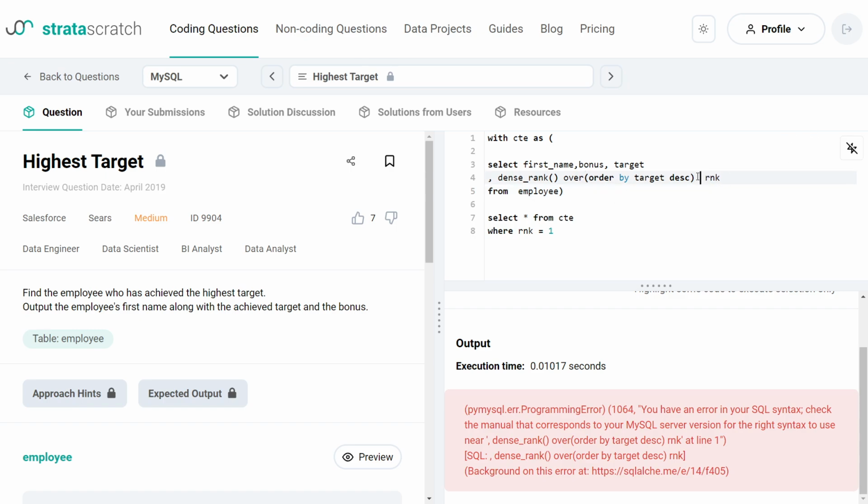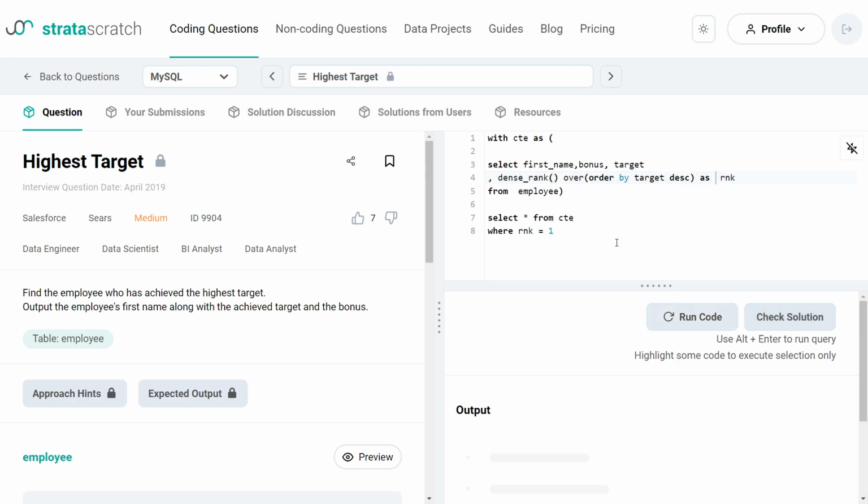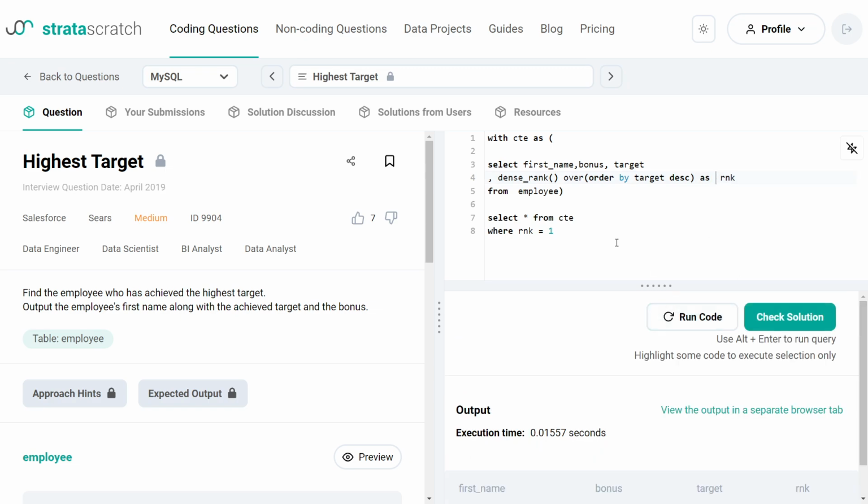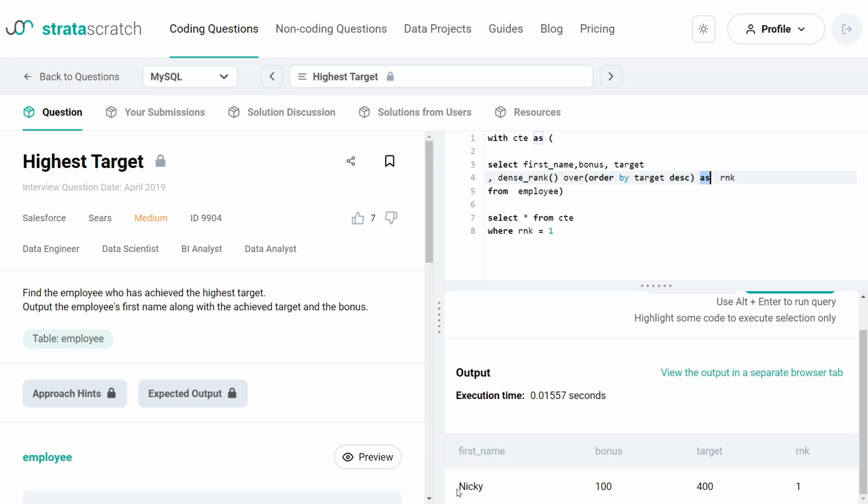Near any, like dense rank. Anybody can tell me? We have to get an alias, no? I'll use AS, otherwise it will count in a dense rank. So there is a guy Nikki who got bonus 100 and the target was this and the rank was this. Now imagine I don't want rank, so